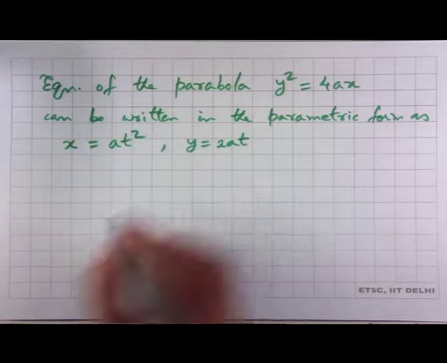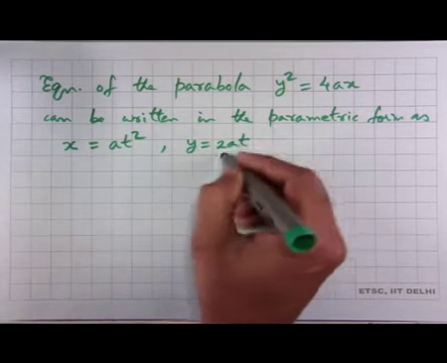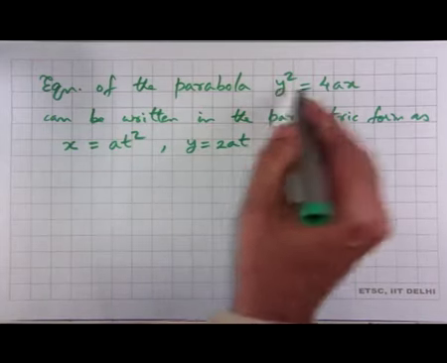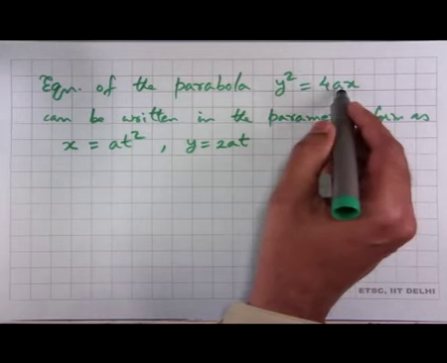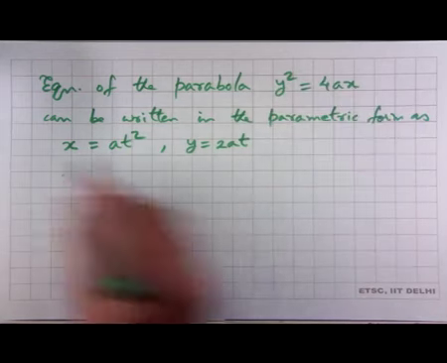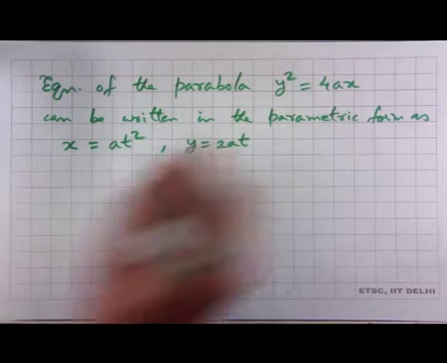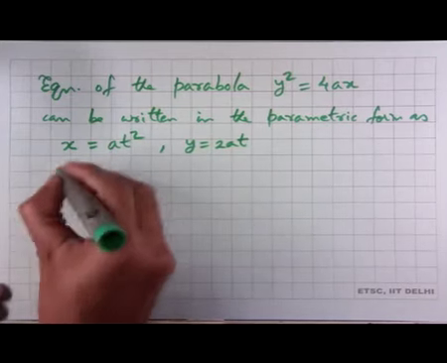If you put y equal to 2at, y square is 4a square t square, which is equal to 4a times at square. So, to find dy dx,